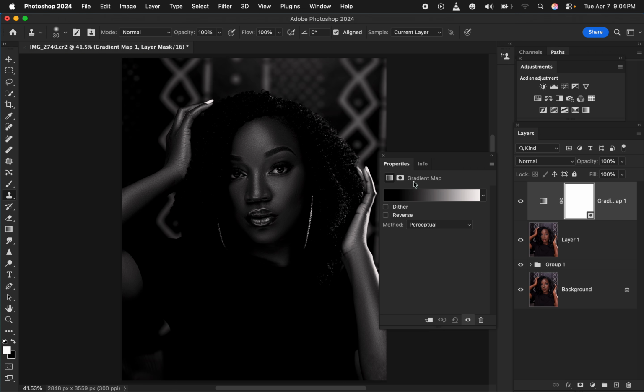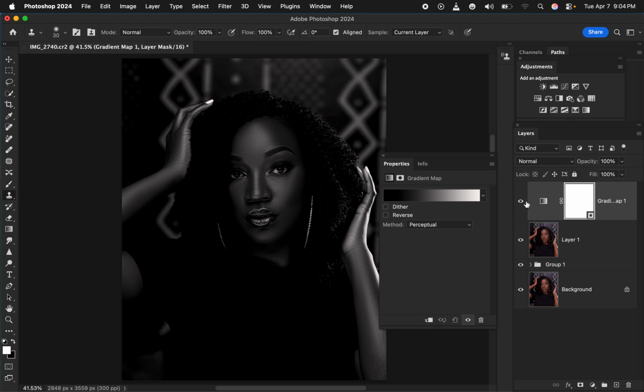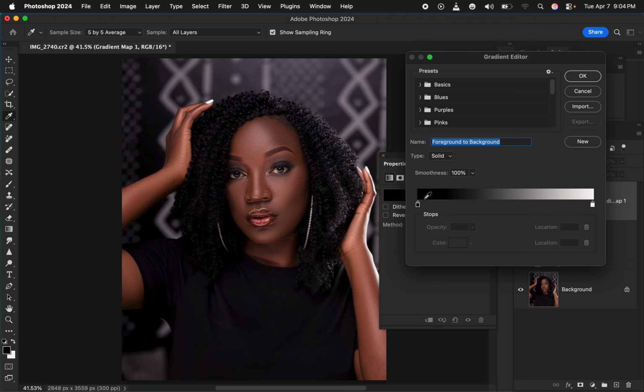Make sure properties is displaying, and in case you can't see properties, come to window and make sure properties is checked right there. Then make sure the gradient icon is selected. Then come to where I see the properties right here and make sure you turn off the gradient layer. So gradient icon selected, turn off the gradient layer, come to where I see properties and click on the gradient